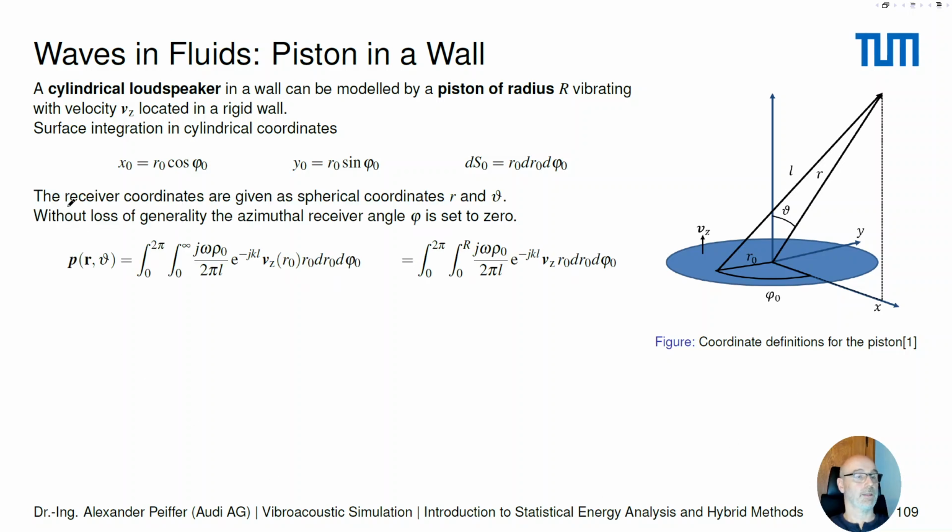The receiver coordinates are now given by r, which is now a distance, and the azimuthal angle theta, which is the angle from the normal vector of the surface. We can write this down in a different version. We change coordinates, so this is why it now runs from 0 to 2 pi and 0 to infinity, and we get this expression as a replacement of the